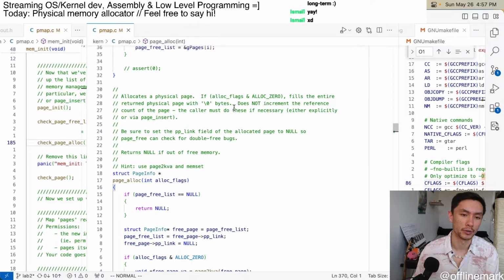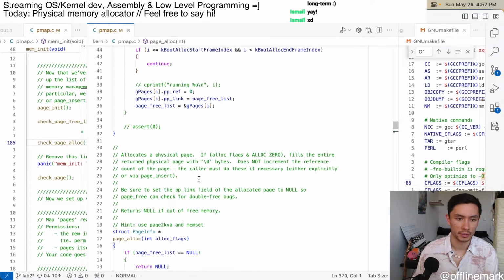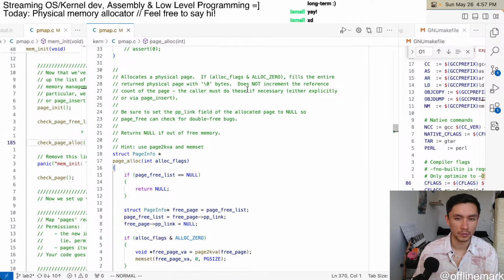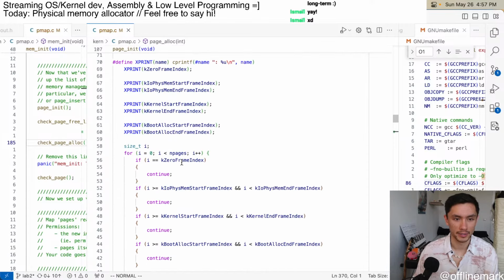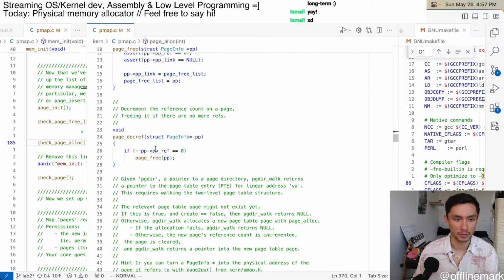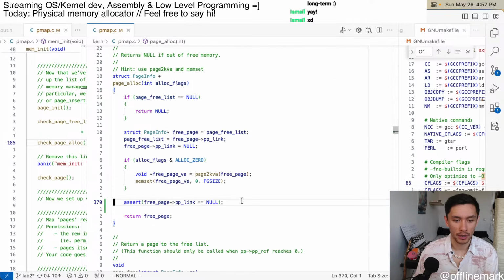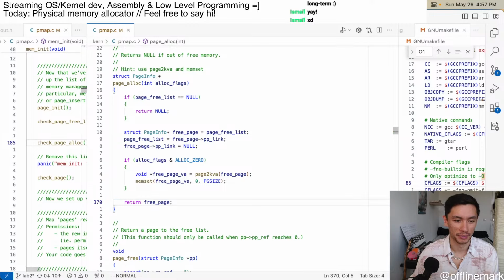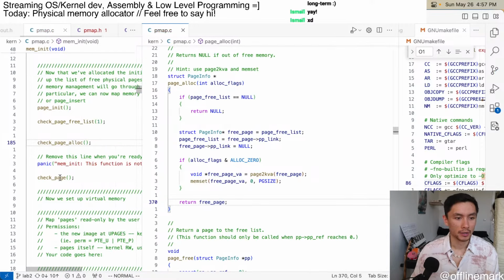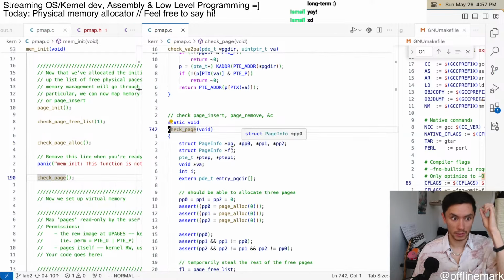So I'm just kind of wondering who. The caller of this apparently is responsible for modifying the ref count and incrementing it. What about decrementing it? Is the caller also responsible? I guess so. I'm not going to think about this more, I'm just going to move on. What does check page do? Okay, so now